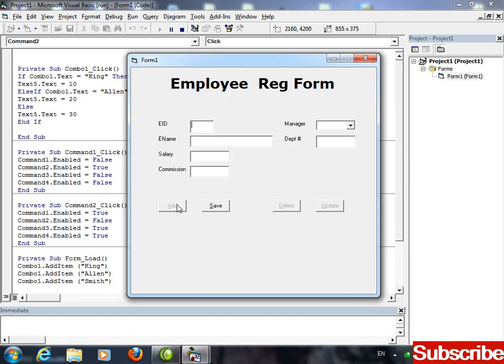Add, okay, that's fine. Now as I click on add button, right now I cannot perform any operation, I can just add a record, and once record saved, after this you can delete a record, you can update a record, you can add another one, right? Okay, after this,